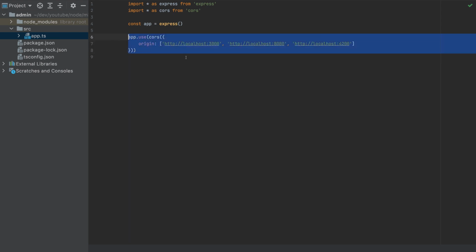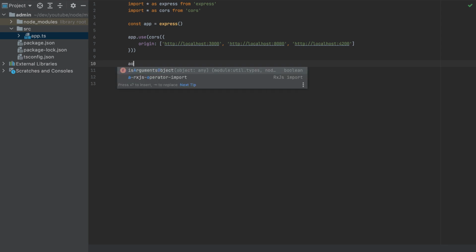So this app right now will run on port, listen to port 8000. But the front-end apps will have different ports, and if they have different ports, Chrome or any other browser will prevent this request. To not prevent the request, we have to add CORS here, and this will make sure that our frontend will communicate with Node. I will add here also app